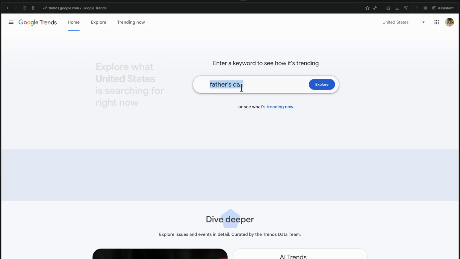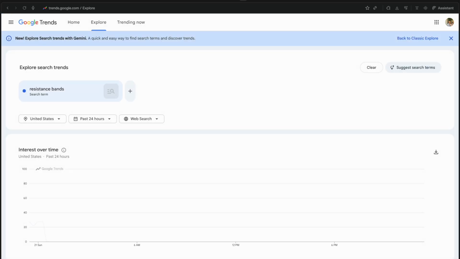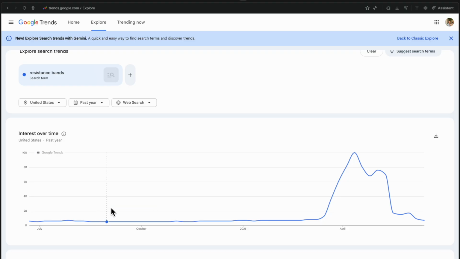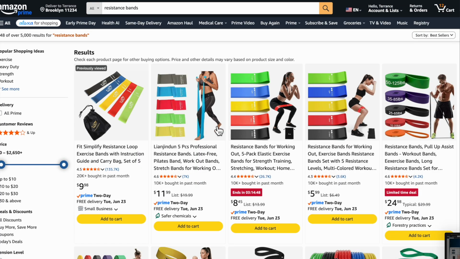I'd go to Google Trends and type in resistance bands, or if we're looking for dumbbells, I'd type in dumbbells. What I'm looking for is consistent search volume over time, not a spike that's already crashed. Resistance bands actually saw a huge spike during the lockdown. If you know, you know. So now I'd want to see if that demand has held from then up until now, or if it fell off a cliff. Then I'd go to Amazon and search that same term. If the top results have thousands of reviews and purchases within the last month, that's proof of purchase behavior. Real people are buying it, and that's demand validated.